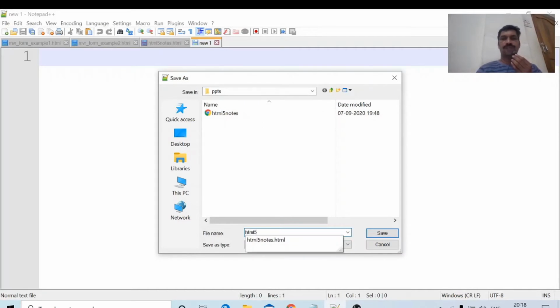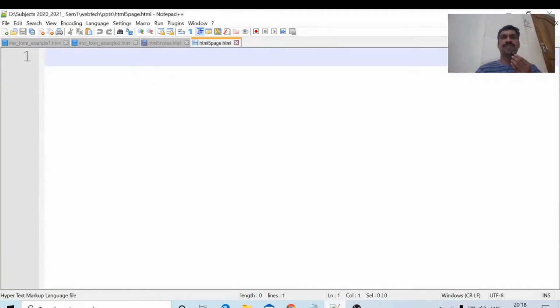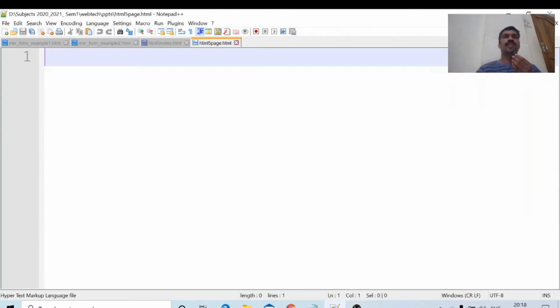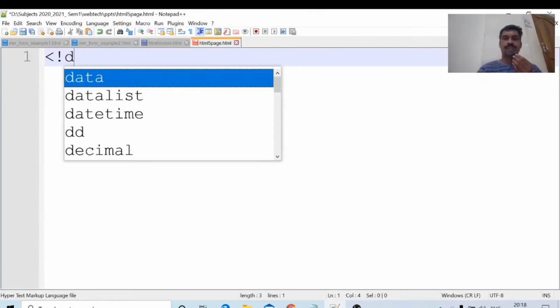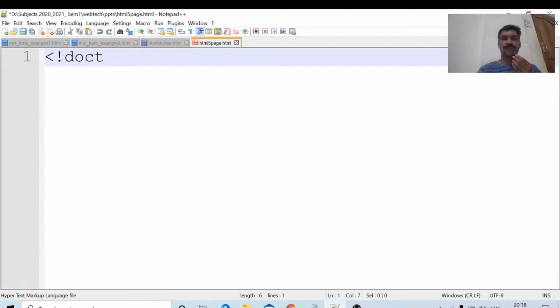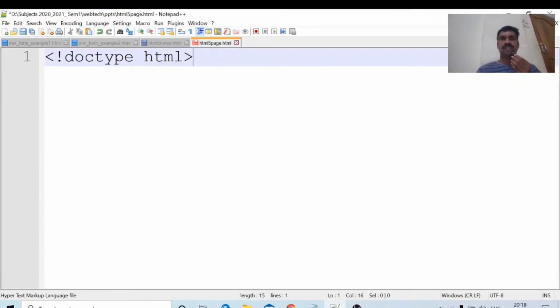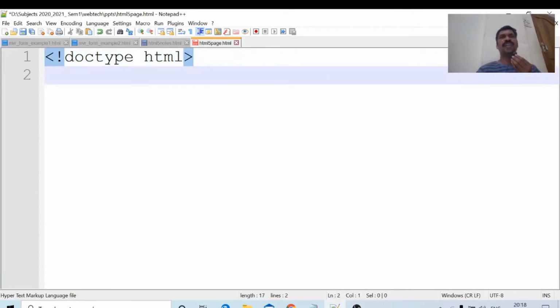I am giving the name of the file as HTML5 page. What is the first line of the HTML page? It is the doctype. What is the document type? HTML. This is the first line of an HTML page.